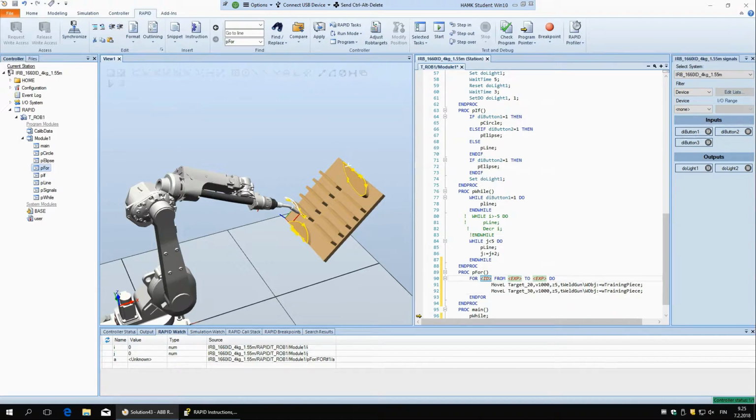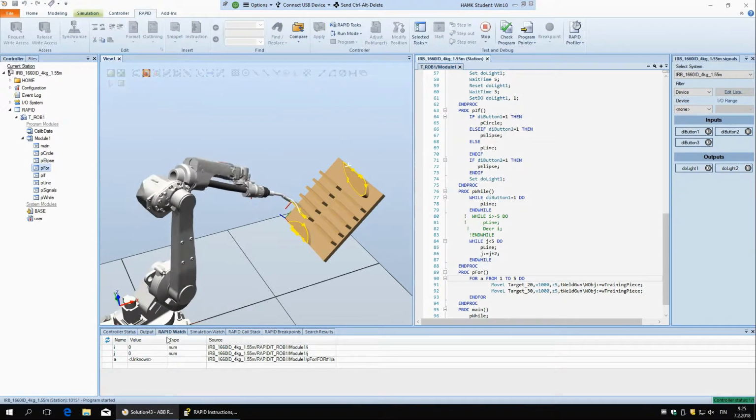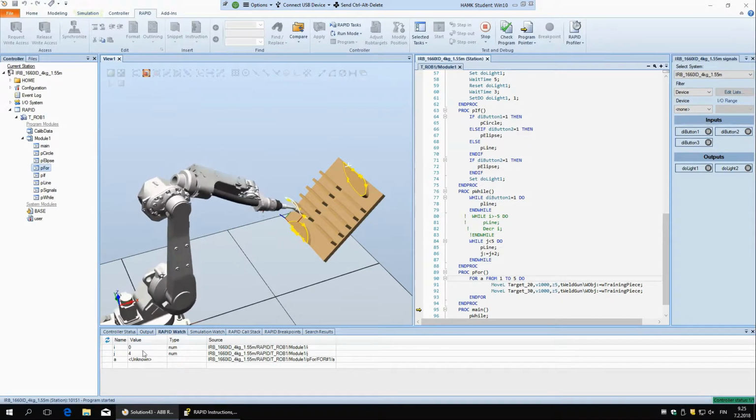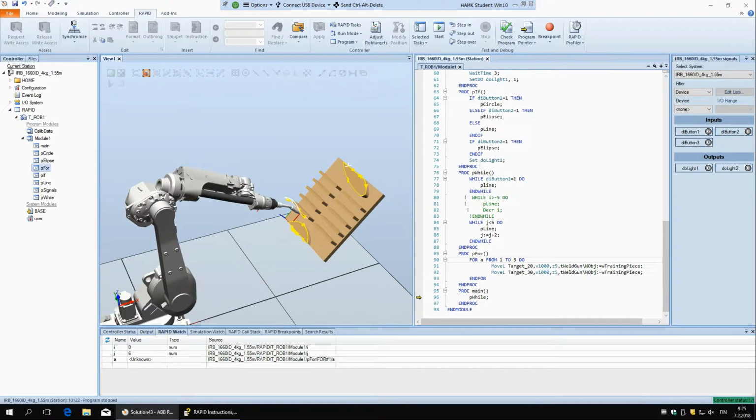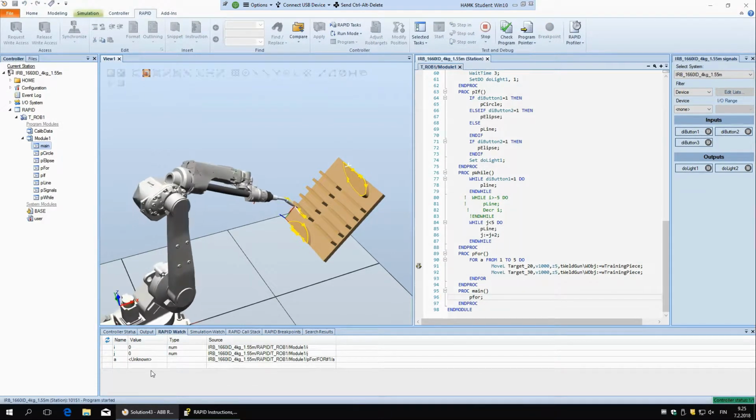Okay, and let's say a here from 1 to 5, and let's run this. And here I have a, I put it already in the rapid watch, and as you can see it's not changing. Oh actually I have to put p4 here, and let's run again. So you can see it's not changing,